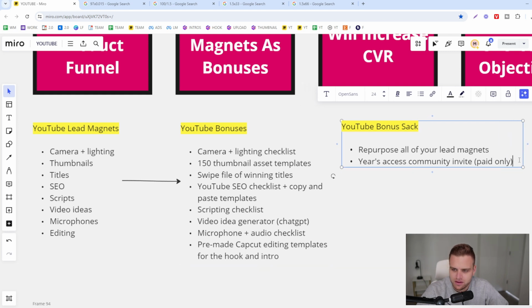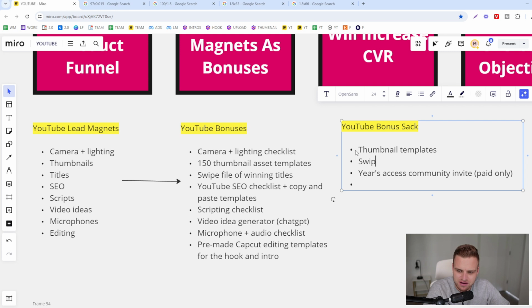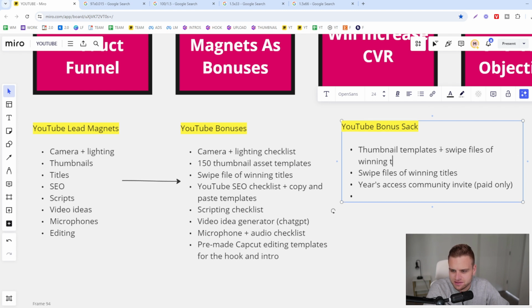So another thing to add to the value stack, and you would do something like this. So if I had my landing page templates, or if you had YouTube templates, you'd have your thumbnail templates, you'd have swipe files of winning titles, plus swipe files of winning thumbnails, something like this. But you want to have as much stuff as possible to make it as easy, but you also want to have this community invite, because that's how you're going to build the best relationship with them